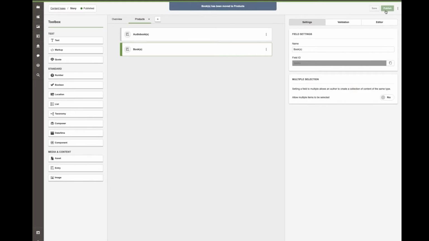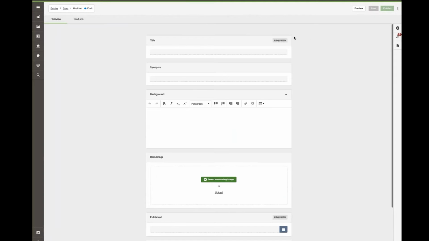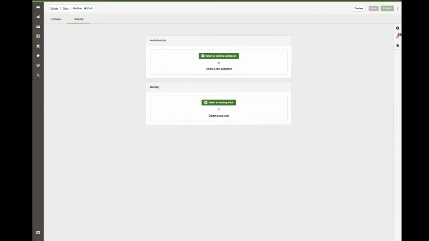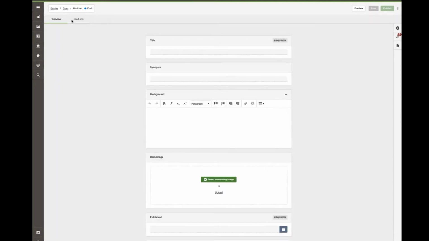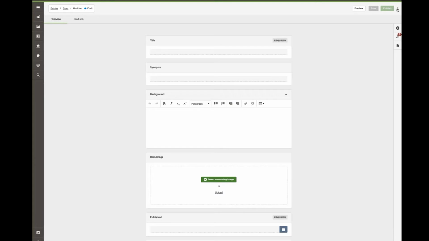And if I just save those changes, and from this context menu again, if you have got permission to create an entry of the story type, I create a new entry now. What you'll see is these tabs have now been introduced into the editor, just making it easier to break down that content. Let's head back over to the content type builder